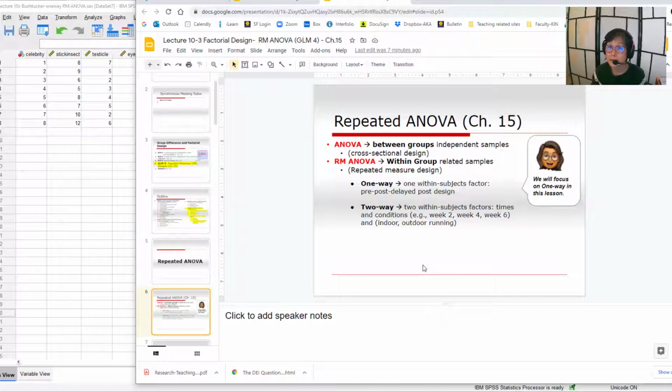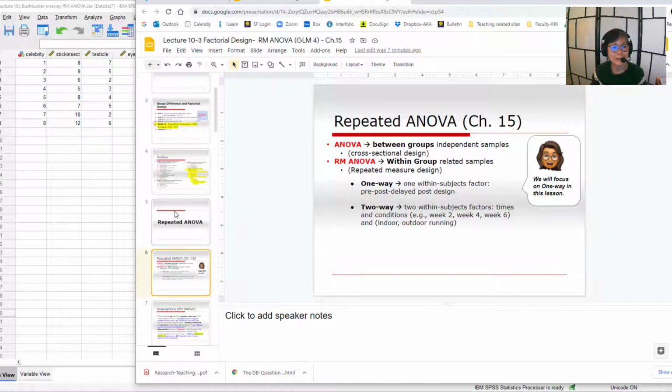There could be a mixed model, which we're not covering here, which is GLM5. One IV repeated, another IV is between. So it's a mixed model, a between and within subject research design, which is absolutely possible depending on your research question. That's a GLM5, not covered in this course, to give you an idea. All right, so